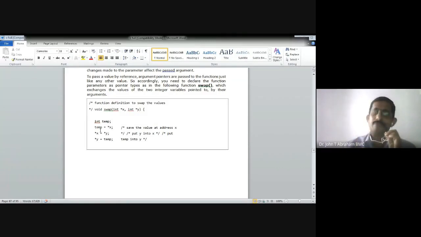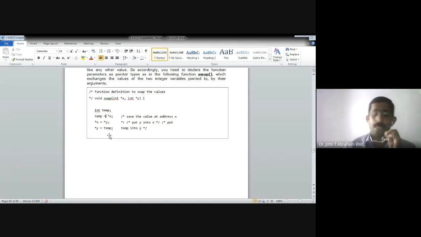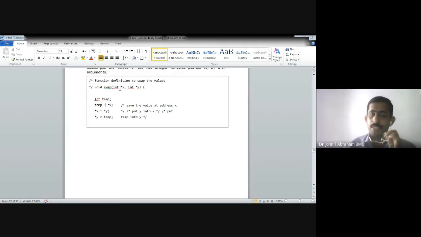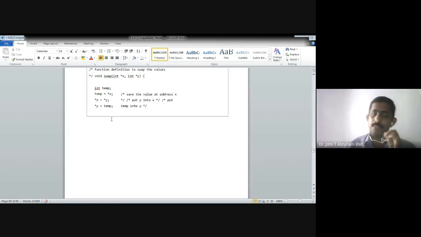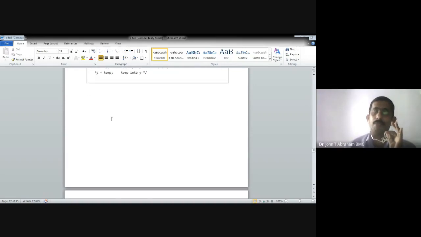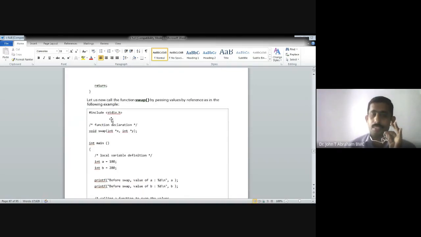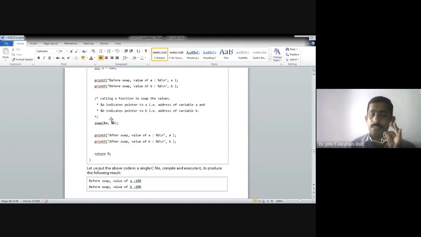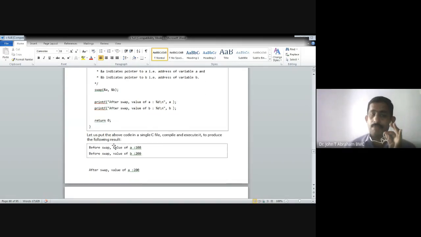For a pointer, for representing the content of the pointer, we will write star x, and for the address, we use the ampersand sign, and the content of means the star sign. That is why we are using int star x, int star y in the previous program, but now using the pointer concept. When we write the pointer concept here, see this: ampersand A and ampersand B, like that we will write, and we will get the correct value also.